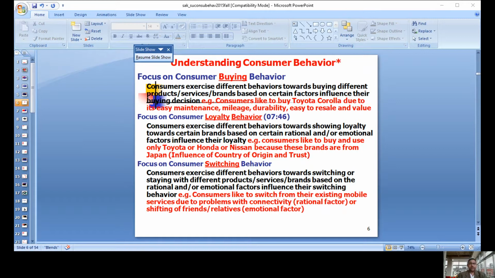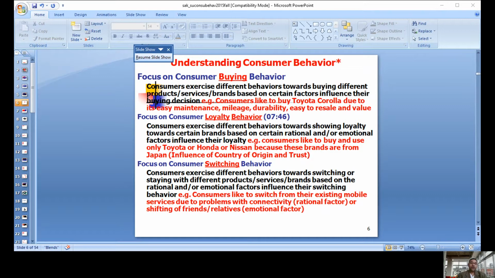Next case is the loyalty behavior. So what are the factors which influence a consumer to come back for a product? Mostly, consumers exercise rational or emotional factors which influence loyalty. The rational factors are when they see the value in the product and the physical benefits, not perceptual benefits, while they are buying a product or service. And when they are getting the benefits for the price they pay, definitely they will keep on coming back